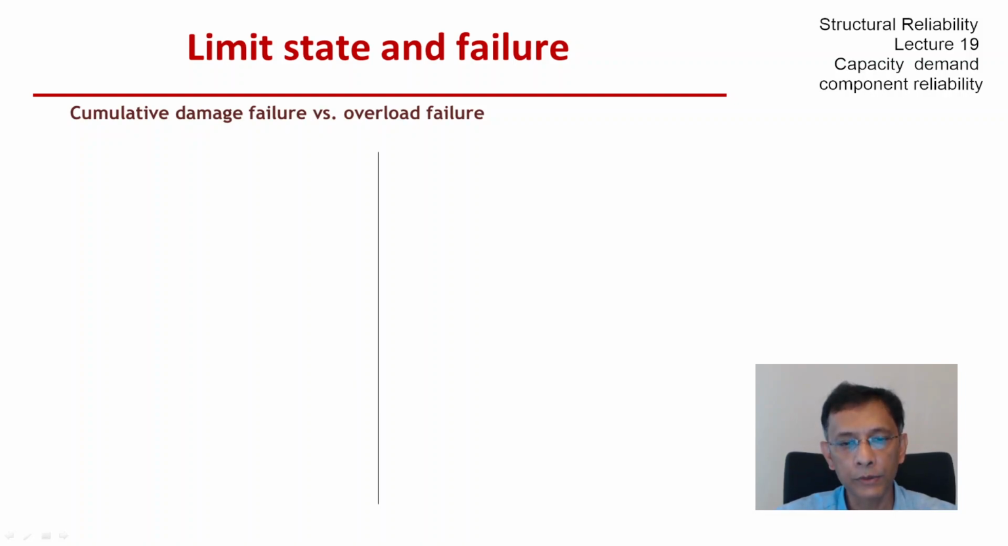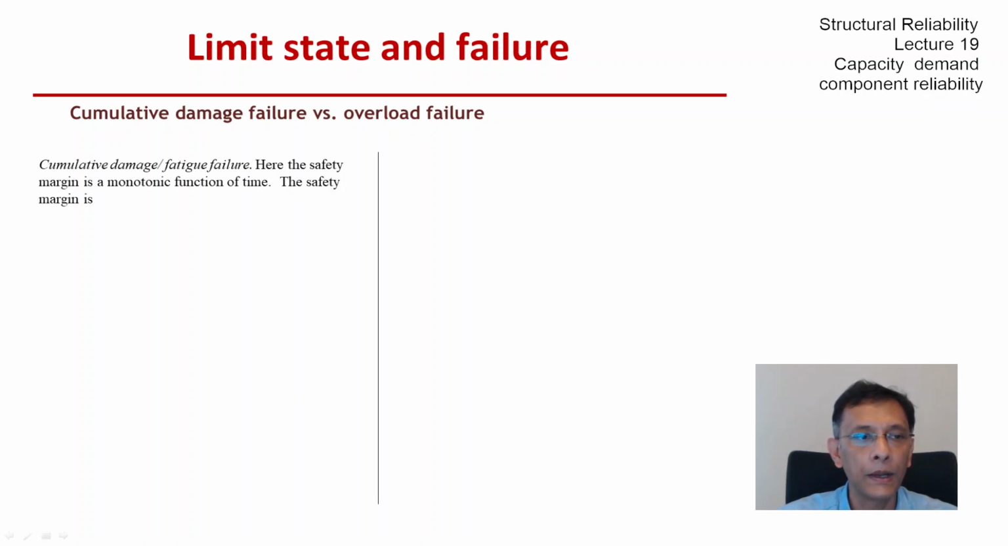In structural components, the limit states can often be broadly grouped into two types. One is the cumulative damage type failure, and the other is the overload type failure. And so in the first kind, and fatigue is a very common example of that, the safety margin is a